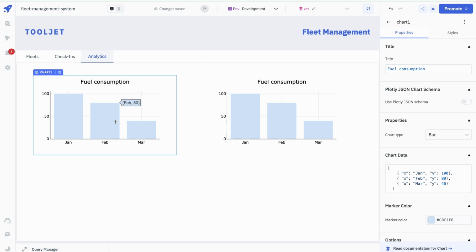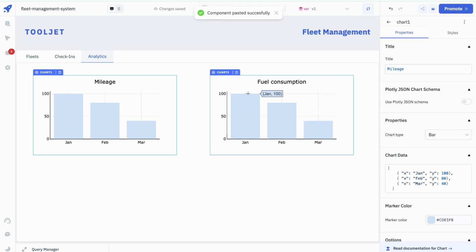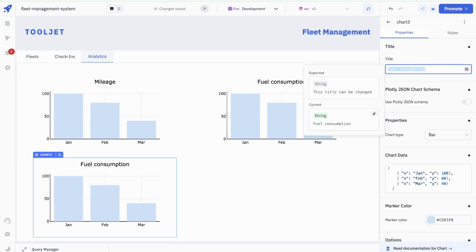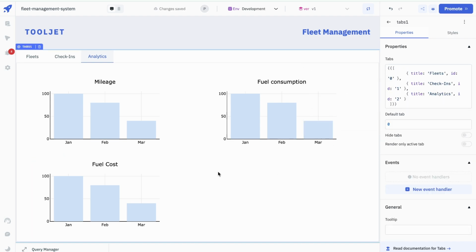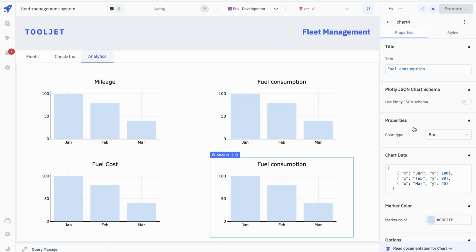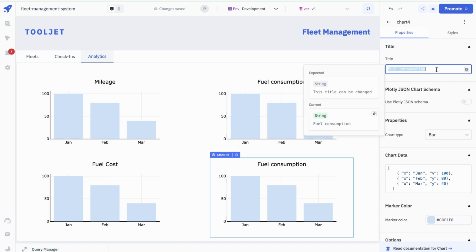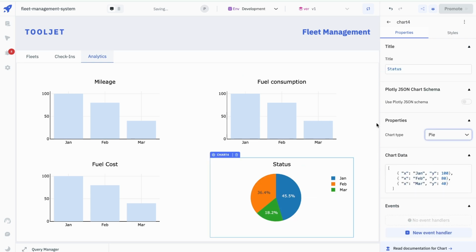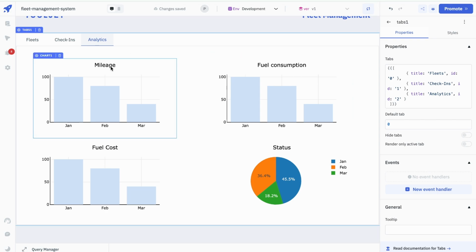Okay, second will be the mileage. Third will be the fuel cost, and last is the pie chart, that will be for the status of the fleet. Okay, so this will be status. Okay, and let's make this a pie chart. Cool. So UI for this is done. Let's start